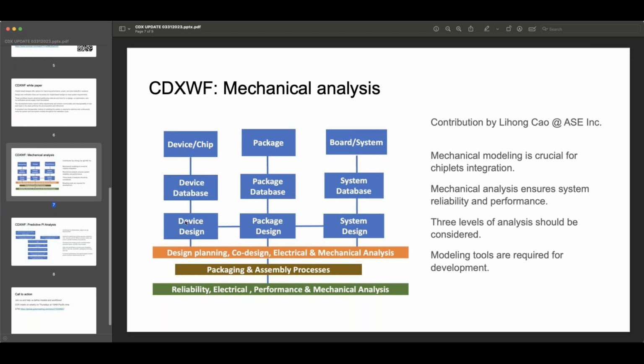The important part is this linkage here on the bottom, well, in the middle, that allows for co-design and co-optimization. Using the data from the 3 columns, we basically look to design a system, right?